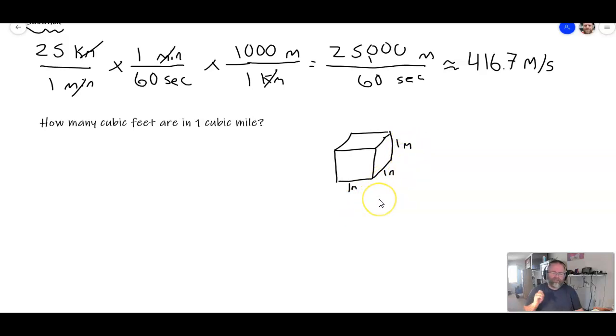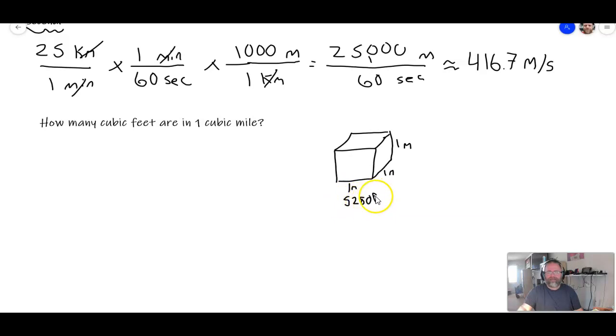In order to get the volume of a cube, we just do length times width times height. So in this case, that would just be 1 cubic mile, right? Because 1 times 1 times 1. Now, let's convert that to feet. In order to do that, we know that 1 mile is